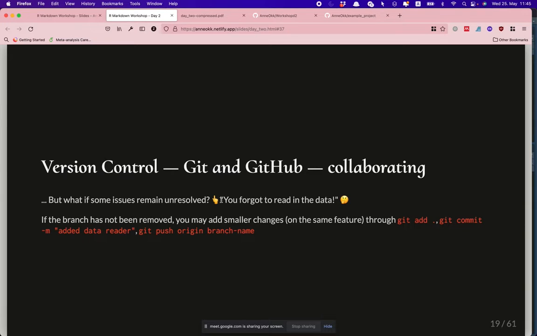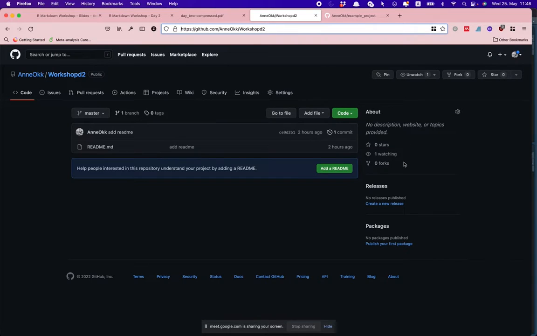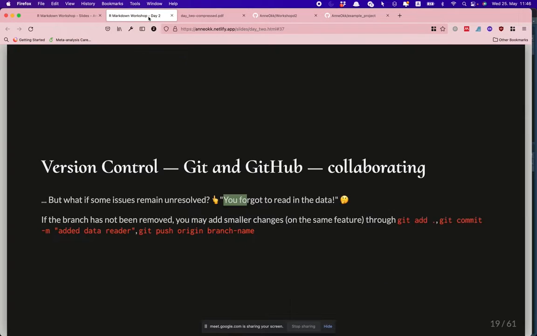So you saw also that comment function when you merge. You forgot to read in the data or something. You forgot something small in the function. I don't know. You would add that comment as the owner of the repository, or actually you can also assign reviewers for the change, and then they would maybe comment on that a little bit. And then you can go back to your